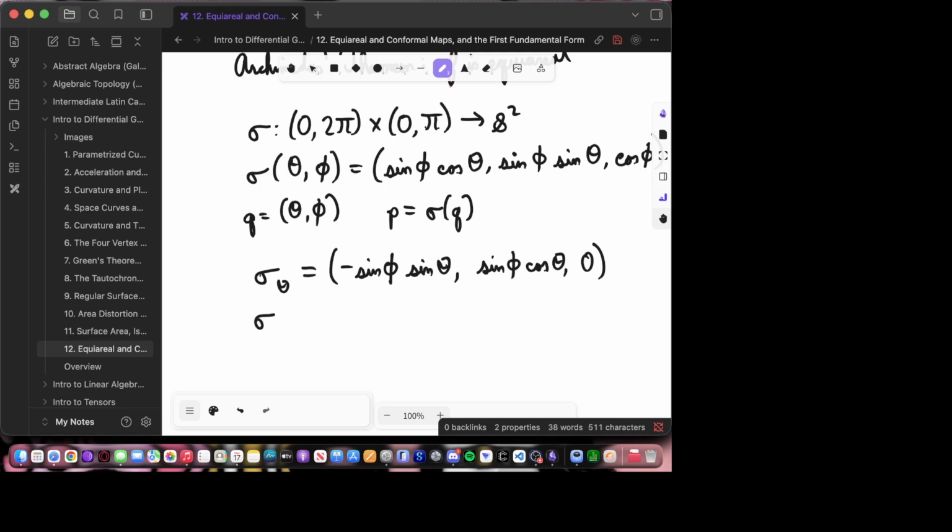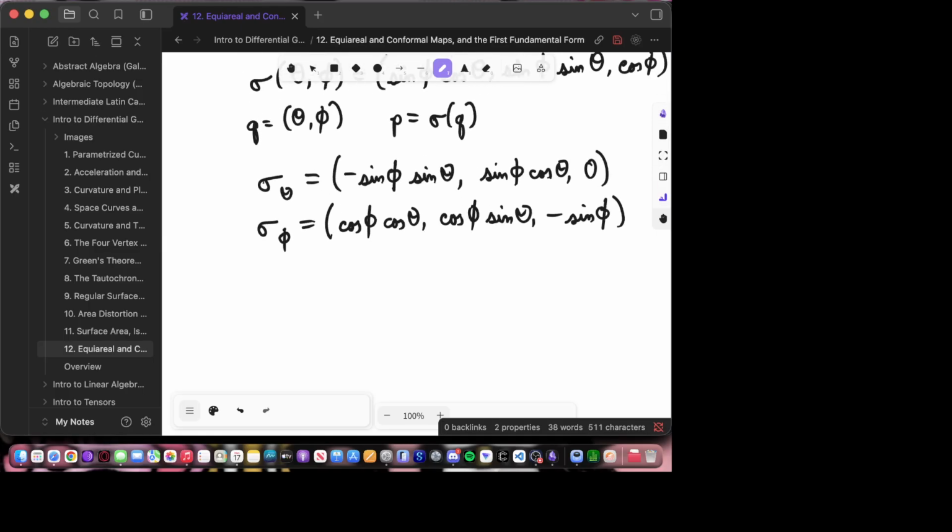Then we have sigma phi, which is going to be equal to cosine phi cosine theta, cosine phi sine theta, negative sine phi. And now if we take the cross product of that,